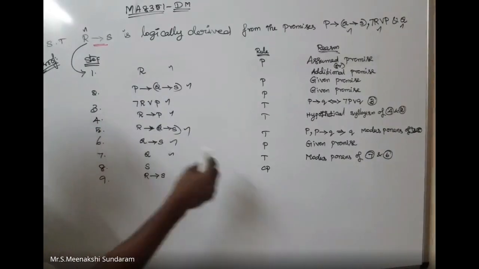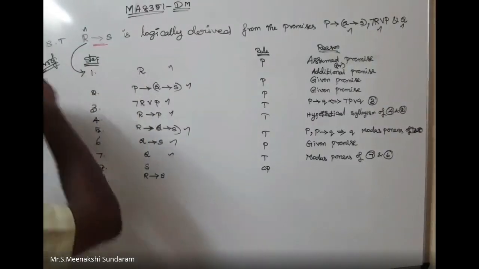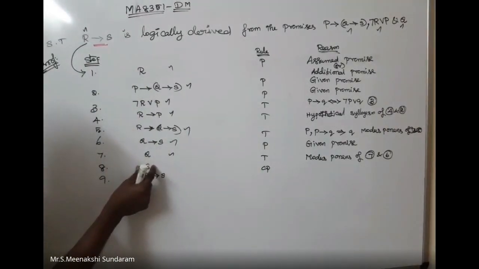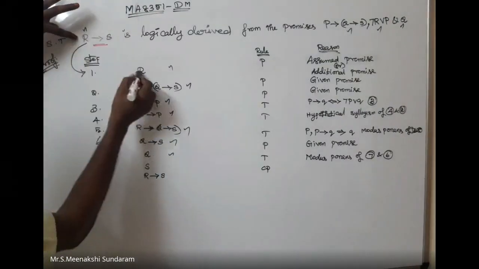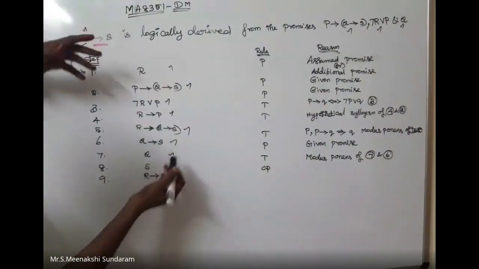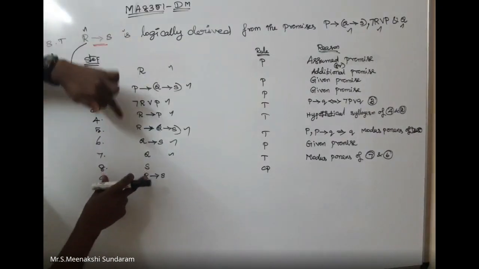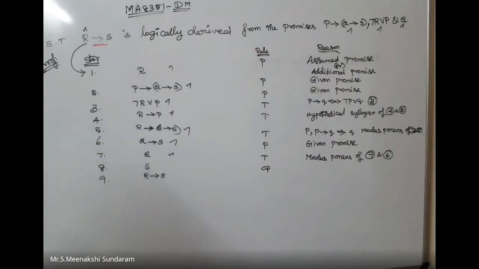Sir, which two steps combine to give R tends to S? First and eighth, R tends to S. That is rule CP, a procedure. First and last: the left hand side is R, implying the conclusion S. In rule CP, the first thing we take as the assumed premise, the second is the conclusion, the final answer. Then you can combine. Okay, that is the name of rule CP.